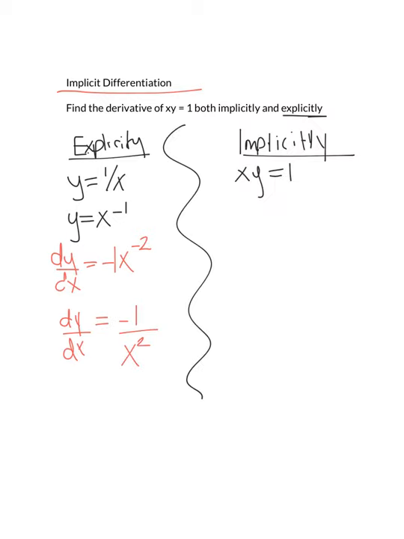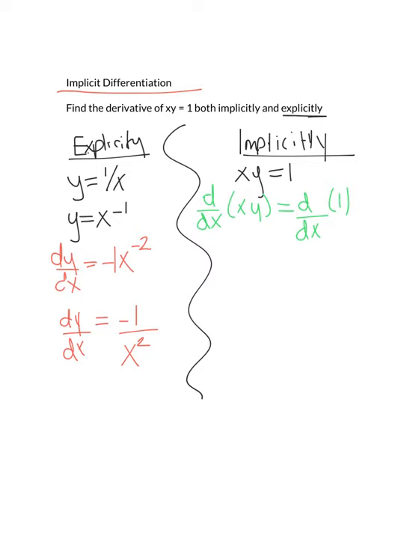We're now going to derive this implicitly, and I am going to be showing you the steps, and there is a major difference. So if you're not following along perfectly with this one, that's okay. I'm going to go through a couple more examples. So what we need to do now is take the derivative with respect to x of xy, and the derivative with respect to x of 1. Notice how I'm just saying d by dx. I'm not saying dy by dx anymore